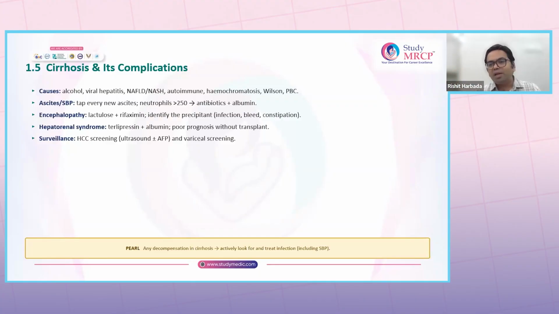You do at least 6 monthly sonography to see if there is any tumor mass, and you do AFP, alpha fetoprotein, to see if it's increased. And you do variceal screening by doing an endoscopy. So any patient who presents with decompensation in the form of ascites or encephalopathy or HRS, always rule out spontaneous bacterial peritonitis, which is very, very important. So these are very, very important pearls which you should know